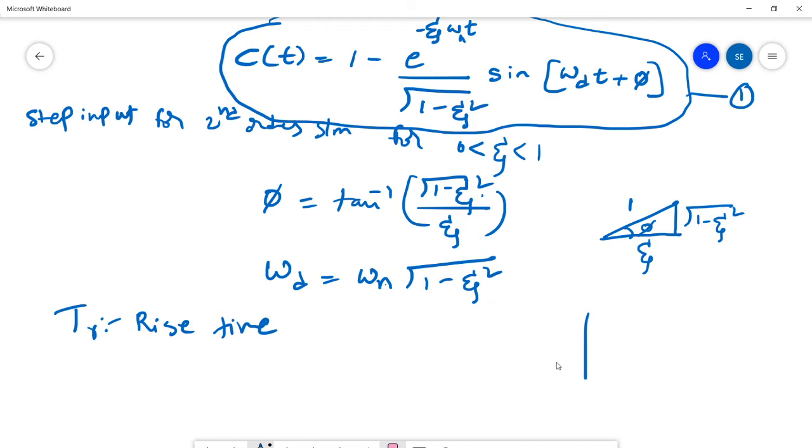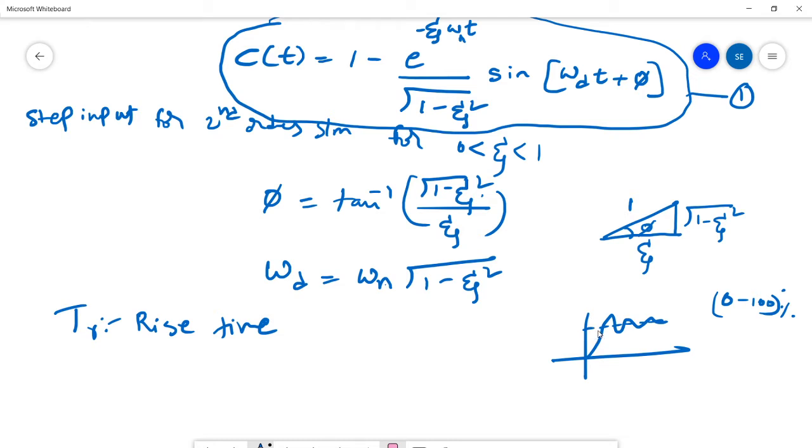Rise time. When you are plotting this response, what is the rise time? Rise time is actually, if you are considering an undamped, overdamped, or critically damped system, 0 to 100%. That means the time taken for the response to reach its desired value. Since we are considering an underdamped system here,